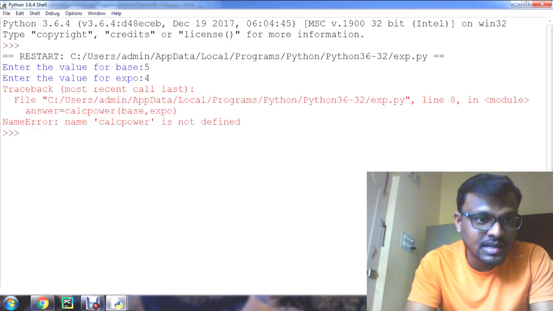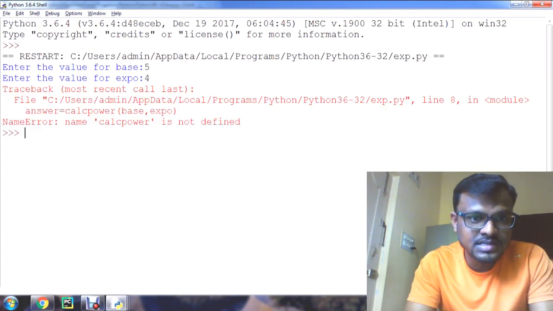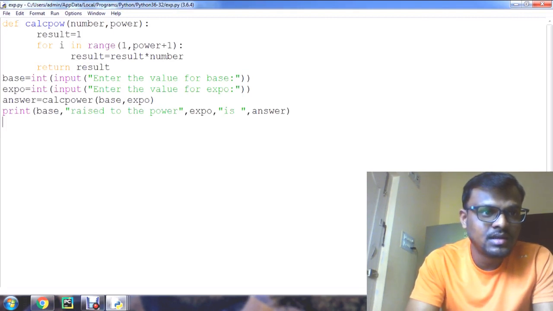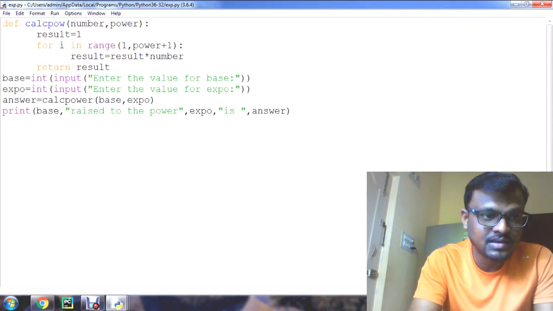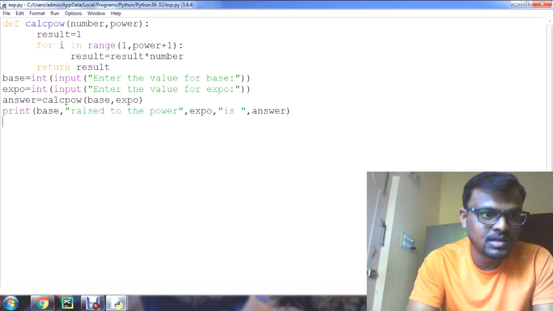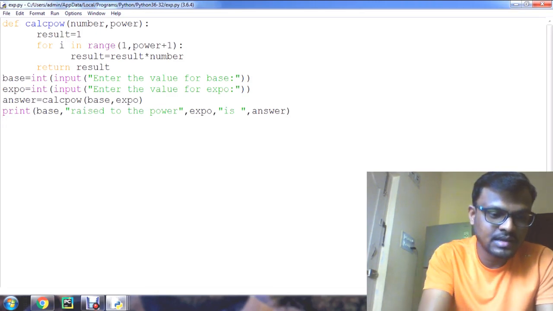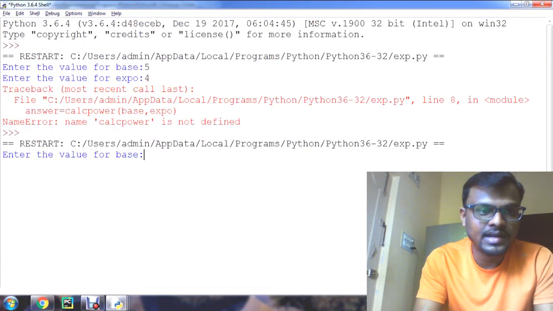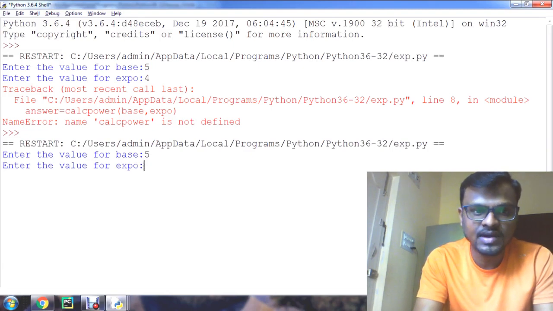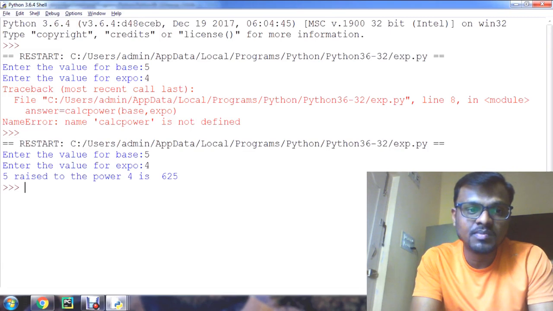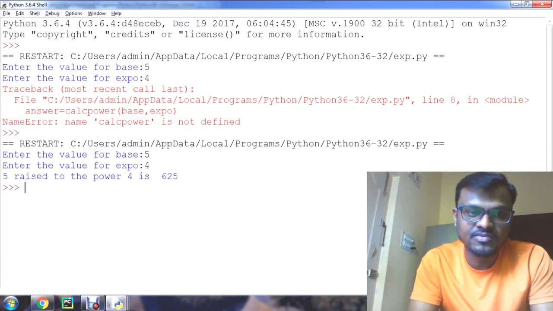Somewhere I did it wrong, calc power is not defined, it's showing an error. I have used calc POW here, but I have called power, that is the problem. So change it to calc power and run it again. Now enter the value for base 5, value for expo 4, and 5 raised to the power 4 is 625.